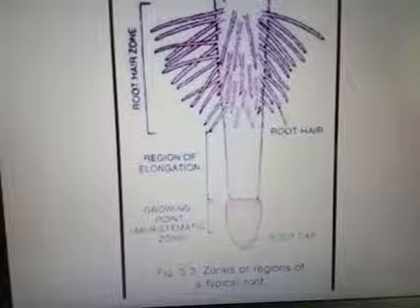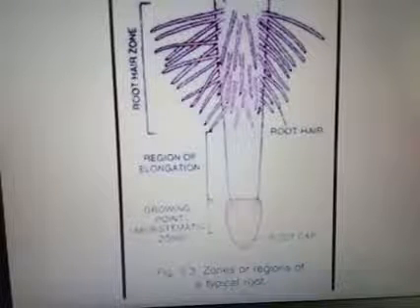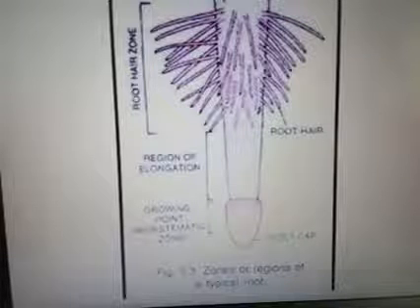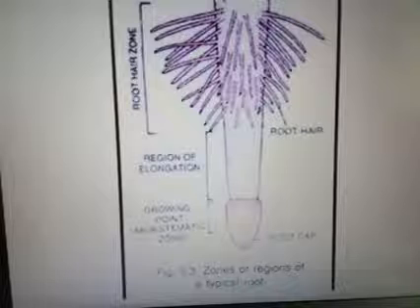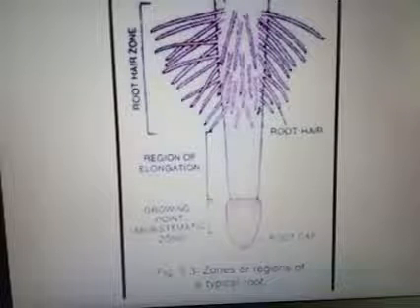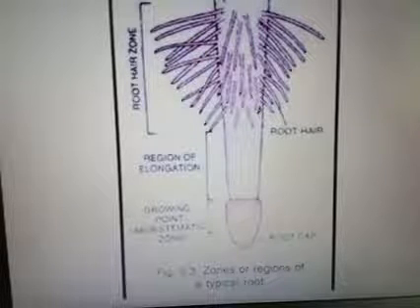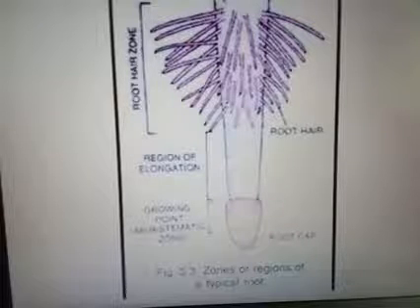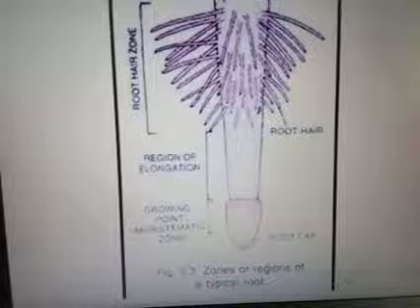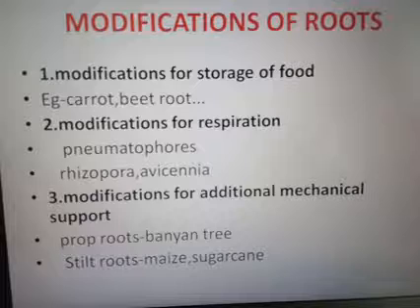So a typical root has the following parts. First is the root cap, the next is the meristematic region, the third is the region of elongation, and the fourth is the region of maturation. The root cap protects the meristematic cells. The meristematic region contains meristematic cells, which have the ability to continuously divide. The region of elongation is the part of the root seen just above the meristematic region. And the region of maturation is the region of the lateral roots and the root hairs.